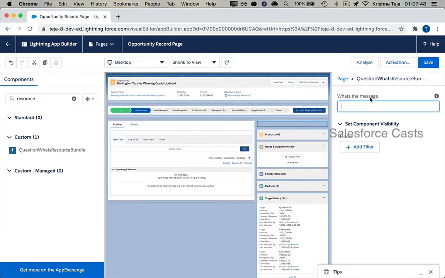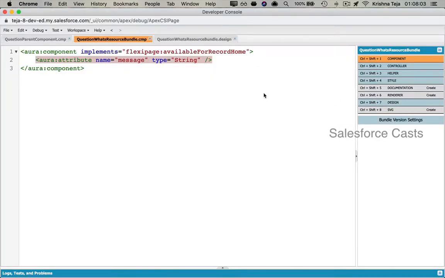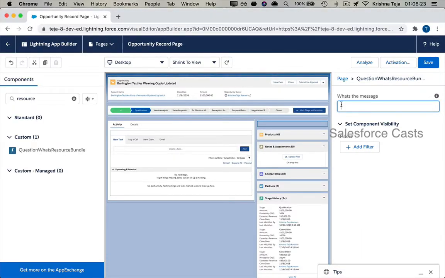Now, whatever value that user provides or the functional user provides in this input text box will be pushed to this attribute here. And this happens generically or during runtime. In fact, let me also try to dump the value of this attribute here. So this is going to be v dot message, save it. This is the message that I'm trying to push to the attribute called message during runtime. And then I'm going to click on save.